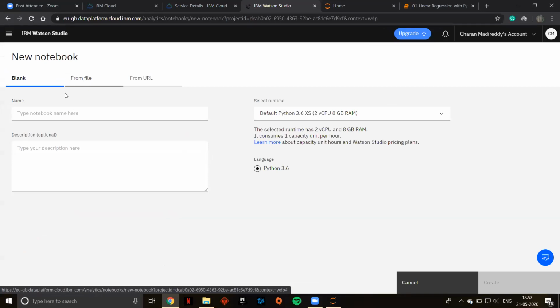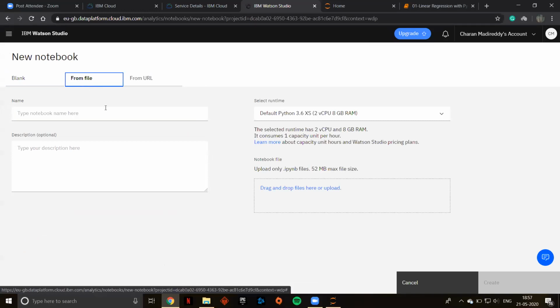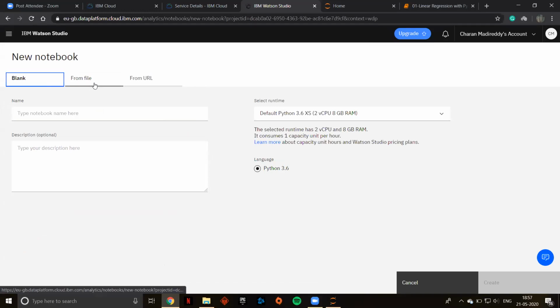Do you want me to upload a notebook or start from scratch? Upload, right? From file. Scratch is nothing but I'm going to copy and paste the code. There is not much of a difference. Blank is nothing but you're going to get a blank notebook, just like this.